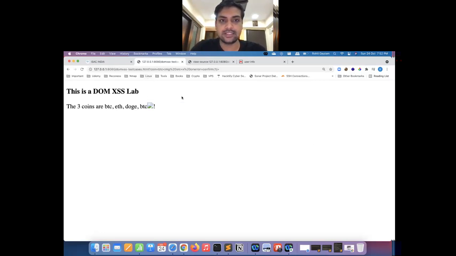So let's again see what DOM XSS is. Okay, so DOM XSS is the Document Object Model XSS type, which happens in the client's browser. It is not a server-side vulnerability, which means the payload never reaches the server. Everything happens on the client side, which is the browser. Okay, hence it is dangerous. Now I'll just right click and click on inspect.